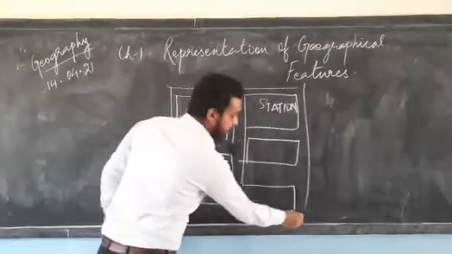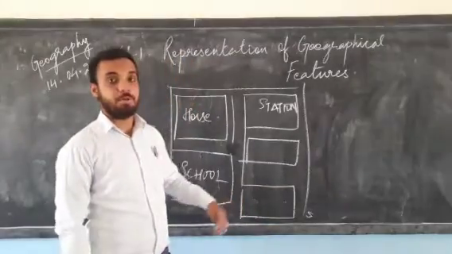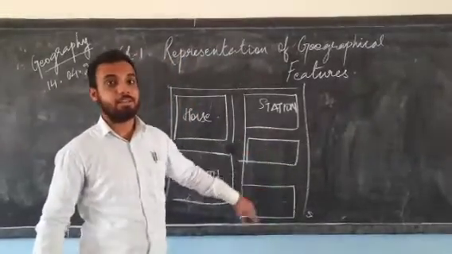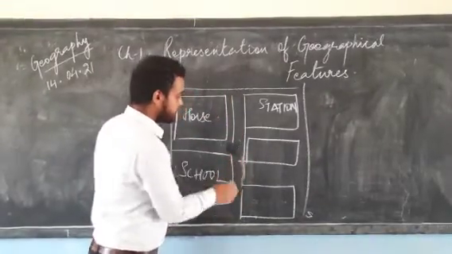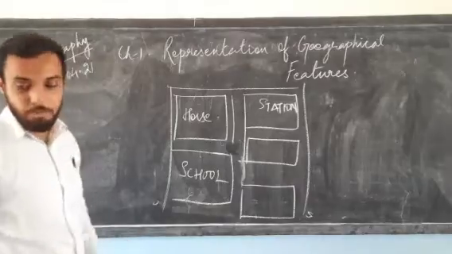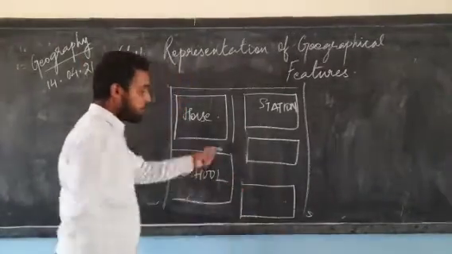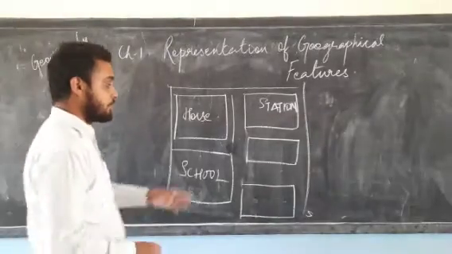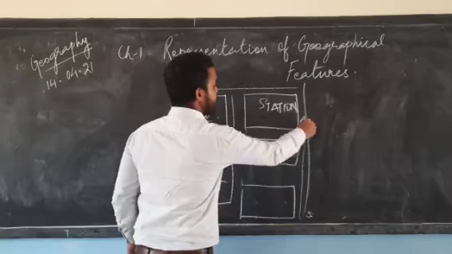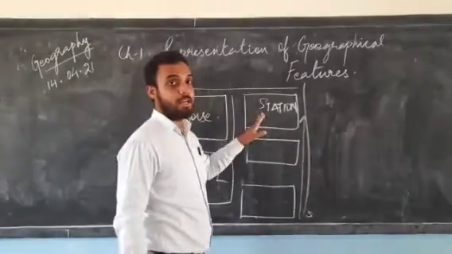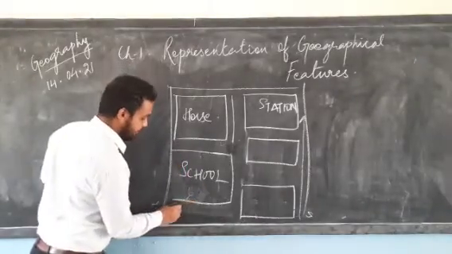Now suppose I am standing over here, and I ask a person to give me a rough drawing so that I can easily reach the station. Now he will show me all the important directions, he will show me the route which will be drawn on a piece of paper. So he will tell me you can go straight from this area and on the left you will find that the station is there. Suppose if I am standing here,